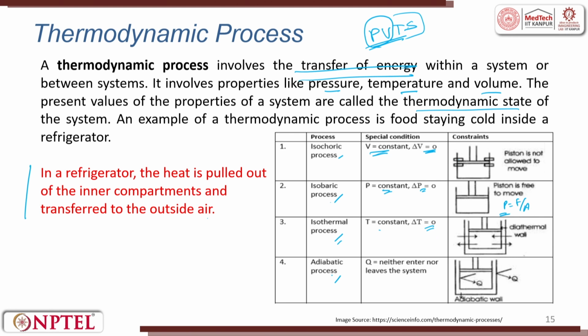When we talk about adiabatic, Q neither enters nor leaves the system. Adiabatic means whatever Q is there, it will neither enter nor leave the system, the Q is maintained. So, that is the adiabatic process. Friends, I also request you to see what Q is. So, go back to the previous lecture and you will see what Q is. So, these are the 4 different types of processes which are there in thermodynamics.